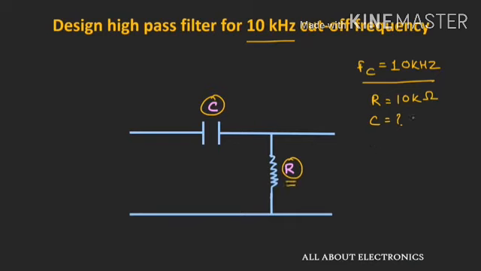The reason is that if I connect this high pass filter to any other circuit, then the next stage should not get loaded by the value of this resistance R. So if I choose the value of resistance R in ohms, then it is quite possible that my next stage might get loaded. And if I choose the value of resistance R in mega ohms, then the value of capacitor will be very small, and it will be so small that the parasitic capacitance will also come into the picture, and because of that the design of this high pass filter will get complicated. So the value of R should be in the range of 1 to 10 kilo ohm. That is why I had chosen the value of R as 10 kilo ohm.